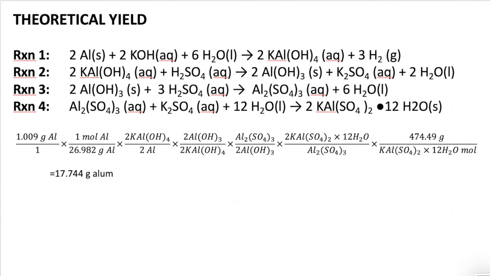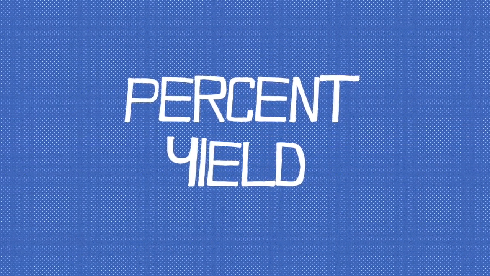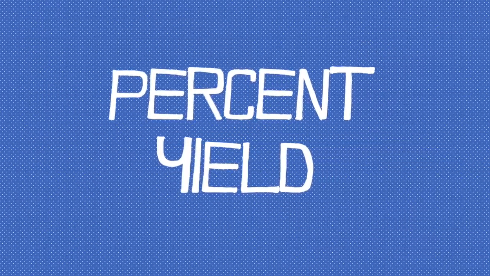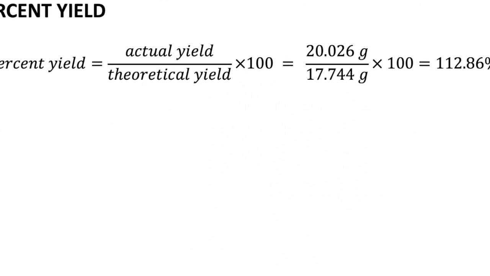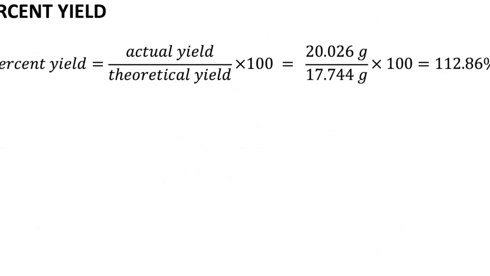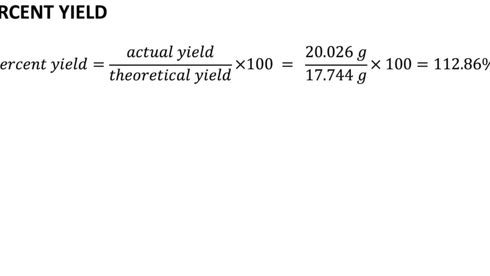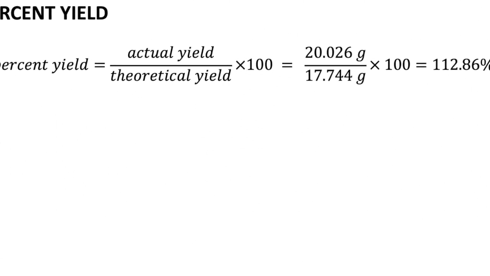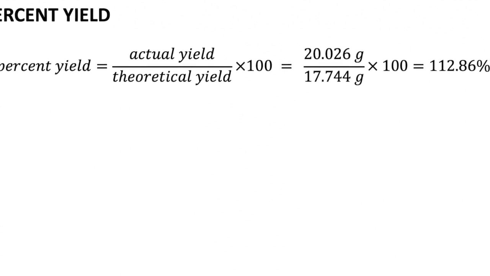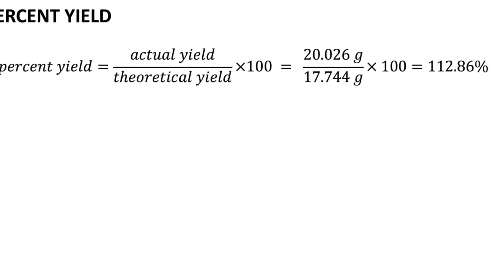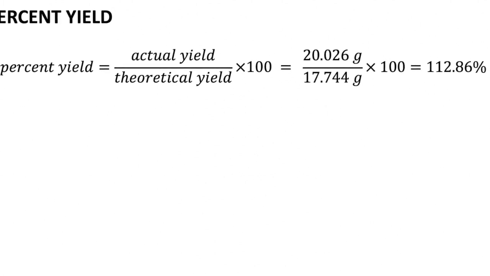17.744 grams of alum. Next is percent yield. Percent yield is the actual yield over the theoretical yield times 100. For this, the actual yield, which my partner and I measured in the lab, was 20.026 grams, and I divided that by the theoretical yield, which was 17.744 grams, and I multiplied that times 100 and got